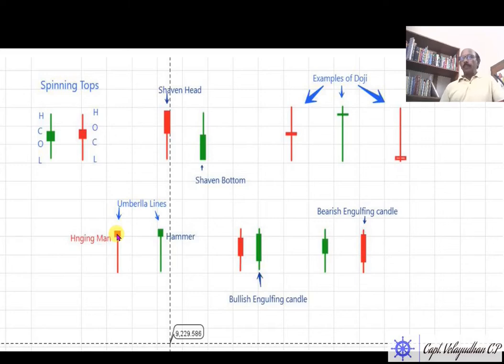Market trying to change the direction. So when you see this type of candle, caution should be taken. And after a few days of downtrend, if you see a candle like this, it is called a hammer. Here the market is trying to move up, or we call it hammer out.